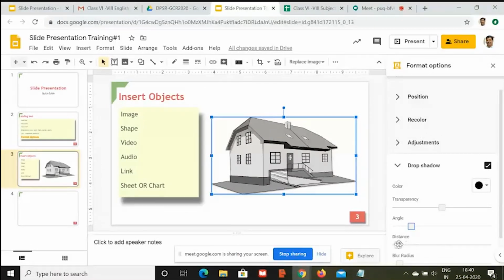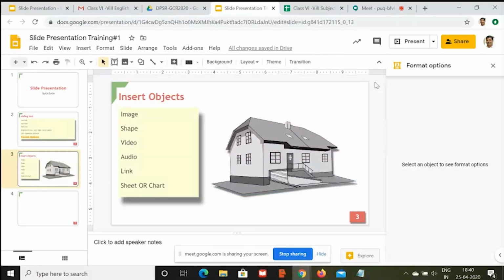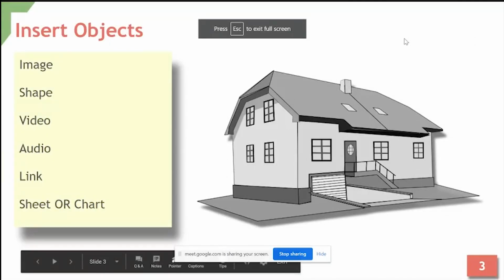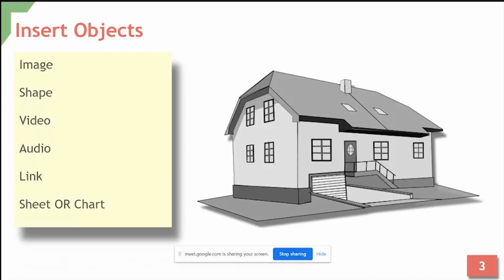Let me increase the distance and you can see this image is looking as if it is coming out of the page. Just look at the image in the slideshow. Just see, this image is looking as if it is above this particular page.